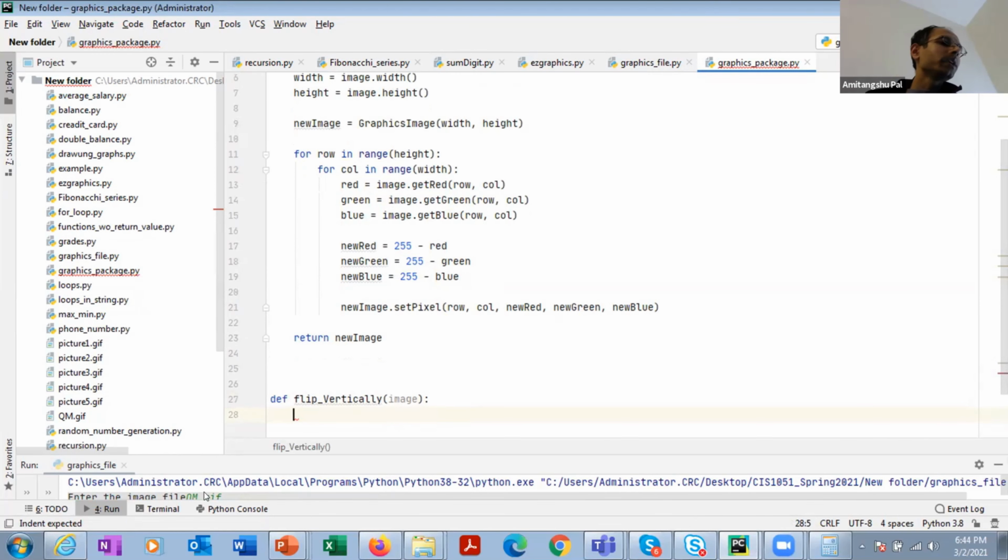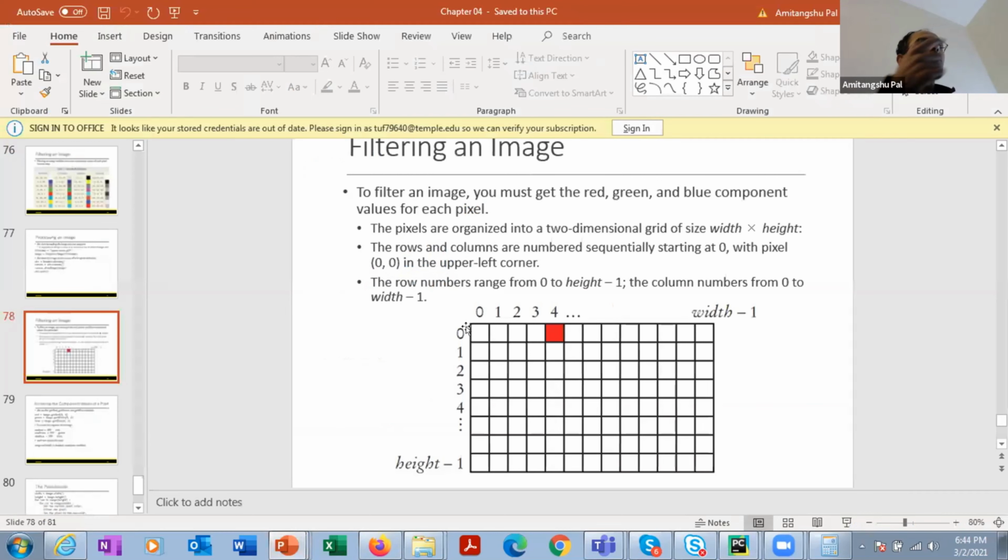So if I want to flip the image vertically, what do I need to do? Let's just look at this picture. If I want to flip the image vertically, I need to swap the pixel intensities of this row with this row, right?